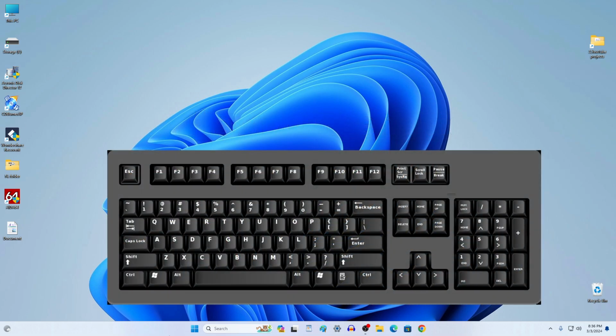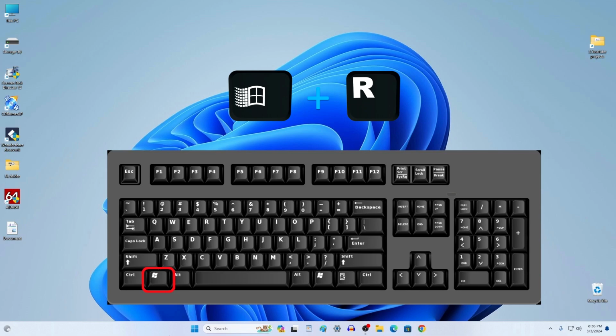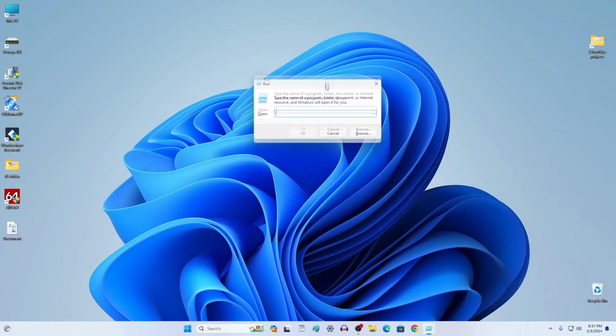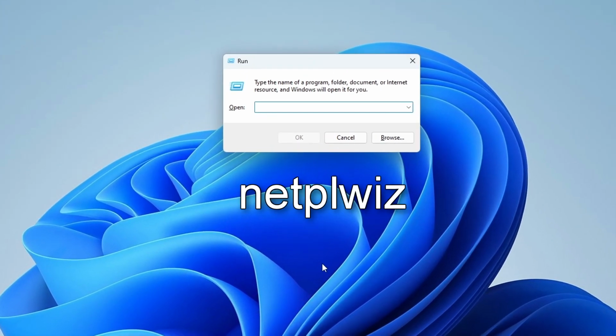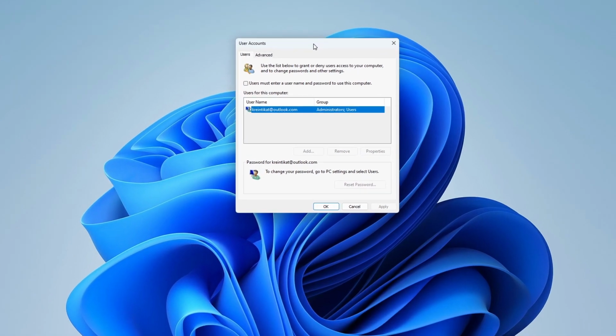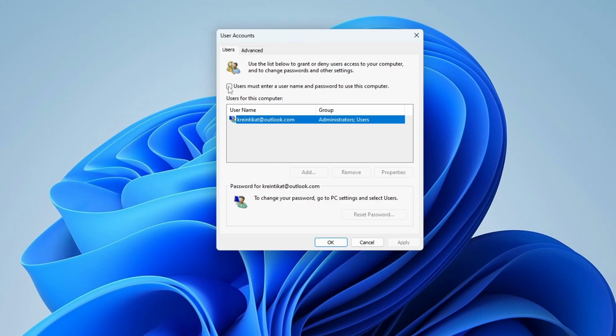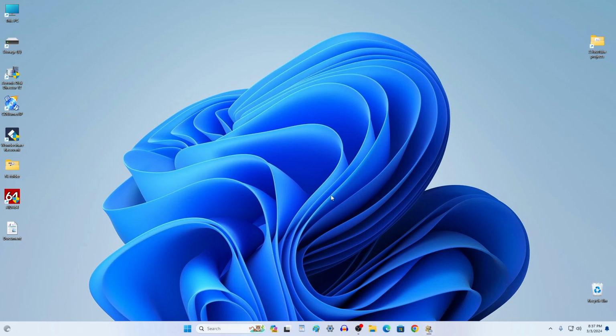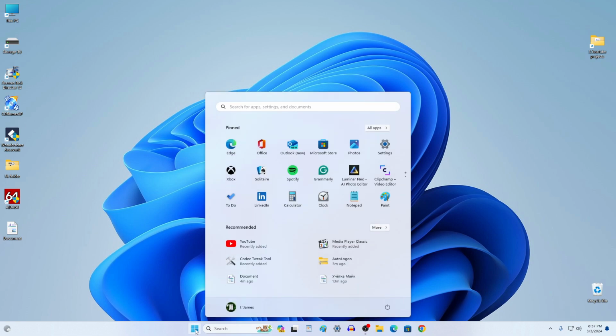Press the keys on your keyboard, Win, R, simultaneously. Enter this command in the window. Click, OK. To resume the password request on the lock screen, check the box here. Then click, Apply. OK. And after these steps, to create a PIN code, open, Settings,